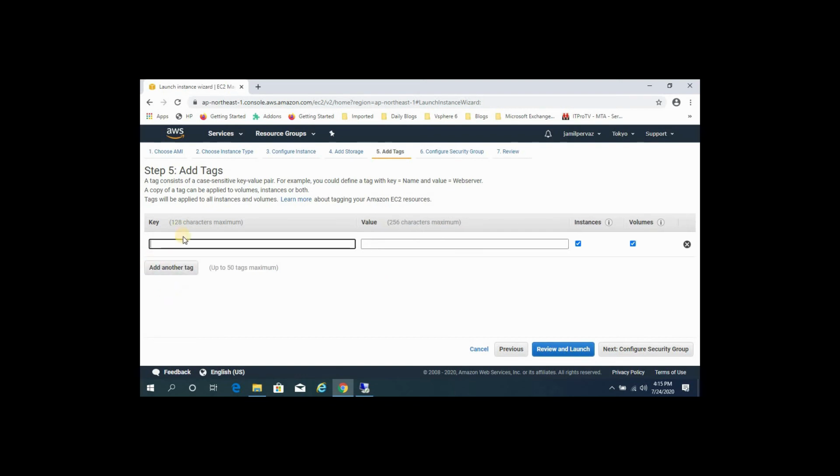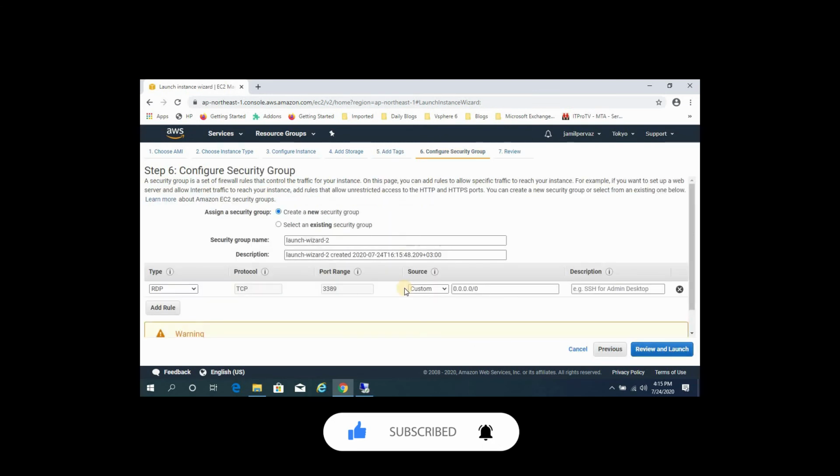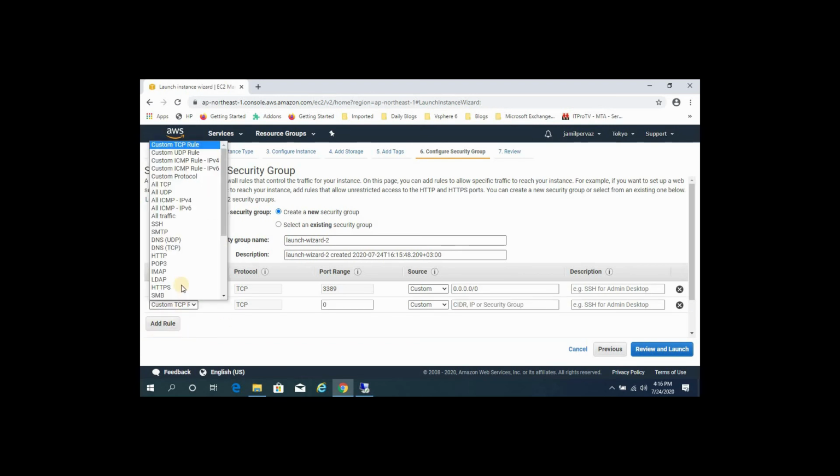If you want to add a tag, you can add Name, VPC server. Next, configure the security group. Here we can select rules. Click Add rule, select HTTP.